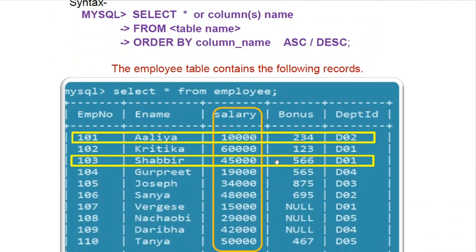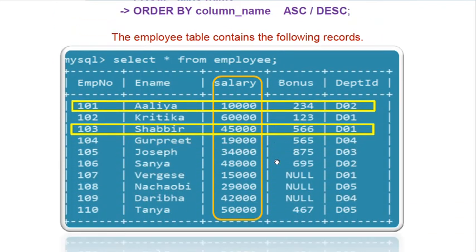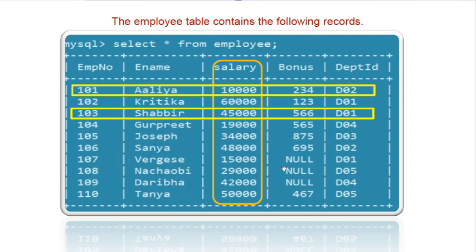For example, if the employee table contains the following records, now in this table data, observe the salary column. The data written in the salary column, first one is 10,000, then 60,000, and the next data is 45,000. 10, 60, 45.